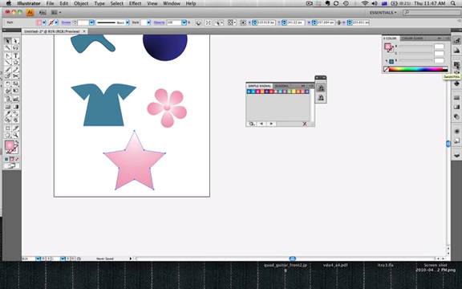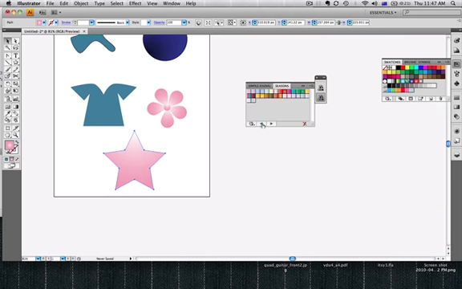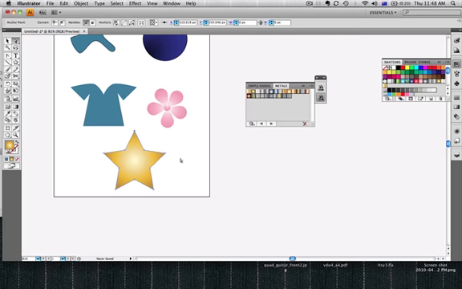So I'll go to my swatches, see if we can find a metal gradient. Oh, it's in here. Flick back, metals, there we go. I'll look for a metal looking ninja star. Gold looks pretty cool. Okay, so I'll go back to the white arrow tool and select the top point and